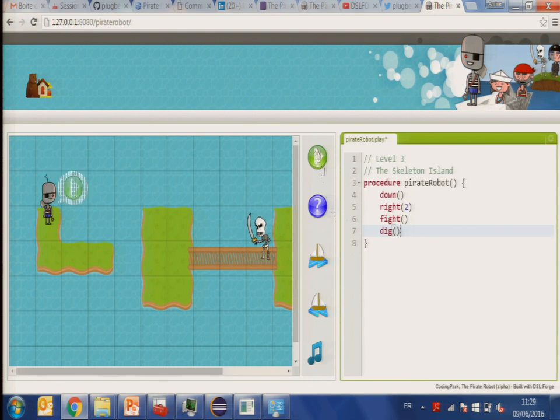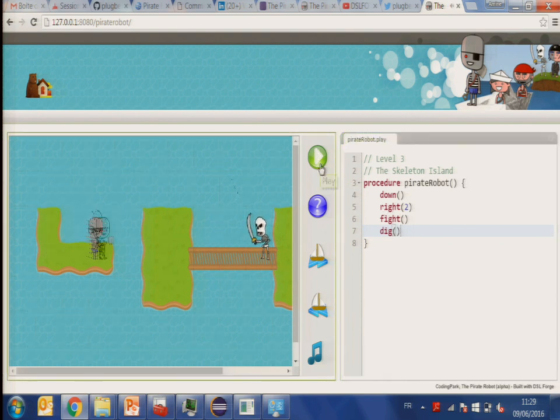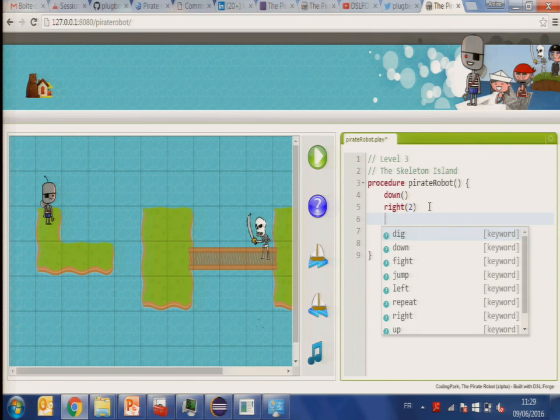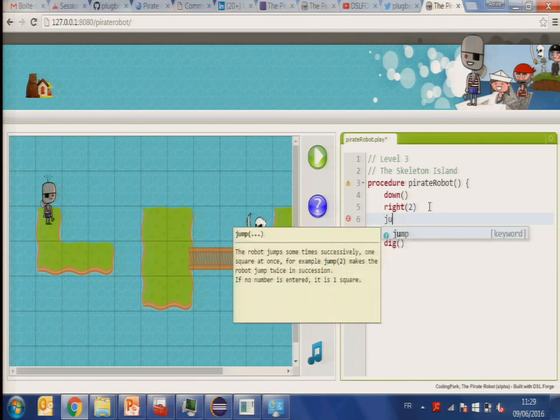Okay, let's see. So we can instruct him to jump. You also have text hovering.